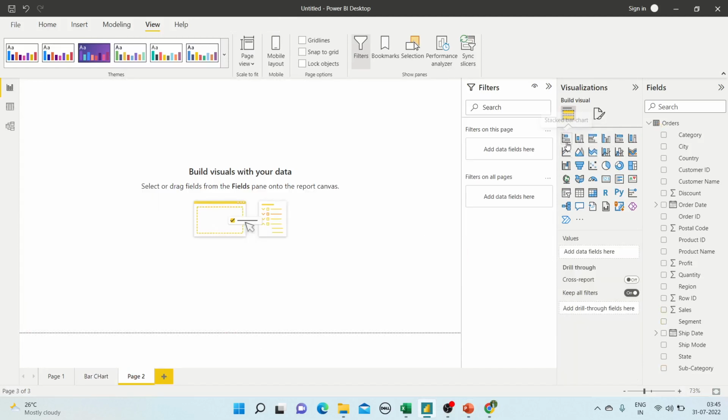So here we have stack bar chart, we have column chart, we have clustered bar chart, we have clustered column chart, we have 100% stacked bar chart, we have 100% column chart. I hope all these charts are clear to you guys. But just for the practice, or just to see what it looks like, I will be creating each and every chart like stack bar chart, column chart, and clustered bar chart over here. So let's click on this